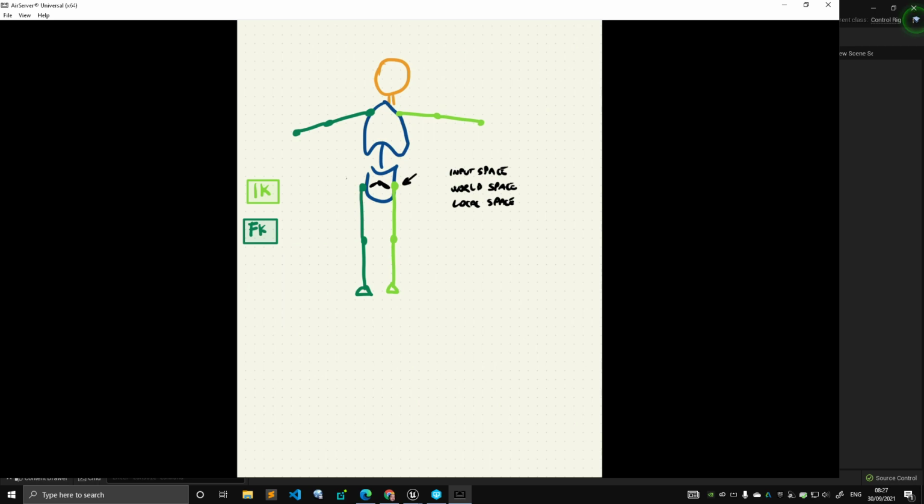So the local space in FK mode is a transform that was aligned like the bone, and the world space is a transform that is aligned like the bone. The input space, which is the main driver of the local space, is the pelvis. And this gave us, by switching between, if I go world space,